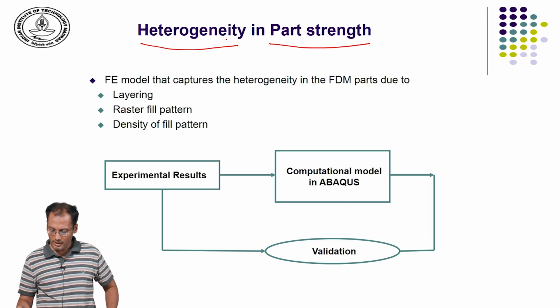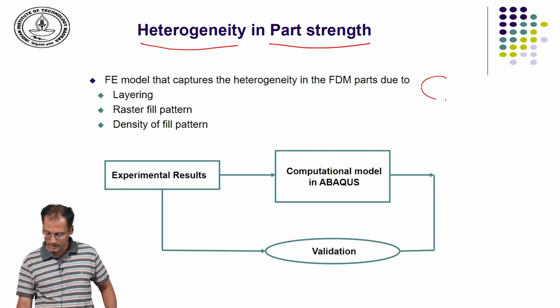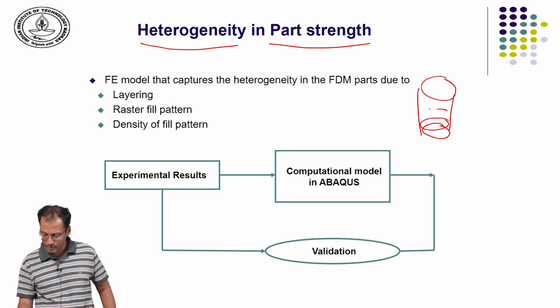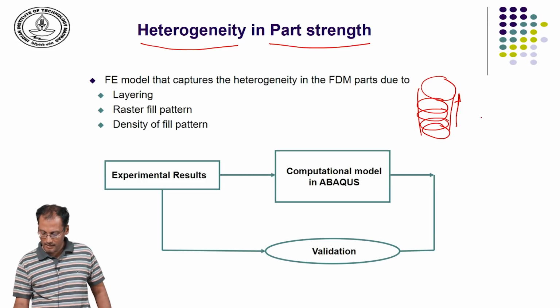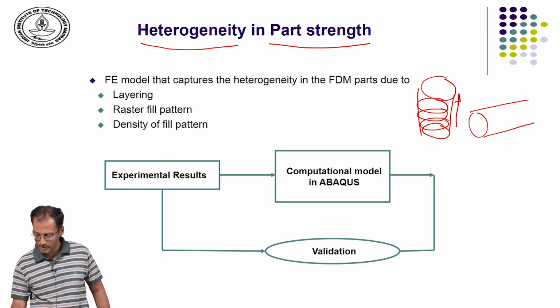Just to give you an example, if I take a cylinder and if I build it in the vertical orientation, each of these slices is going to be a series of such circles if I am going to build in this direction. But the same cylinder, if I make it lie on the table, that is on the build table, then I am going to build a series of layers in this fashion.